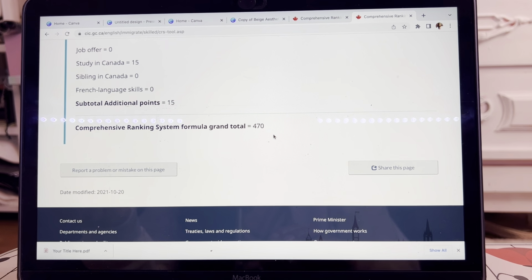And when I entered the pool, that is my score. And upon entering the pool, 2 days after that, there was a draw, and that draw required 461 CRS. So my score was 470, so I got in. After 2 days of entering the pool, I received the invitation to apply for permanent residency. Okay,